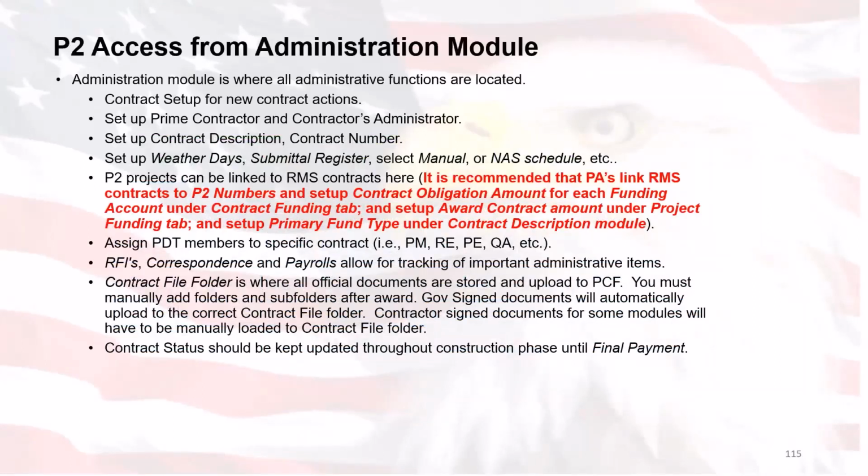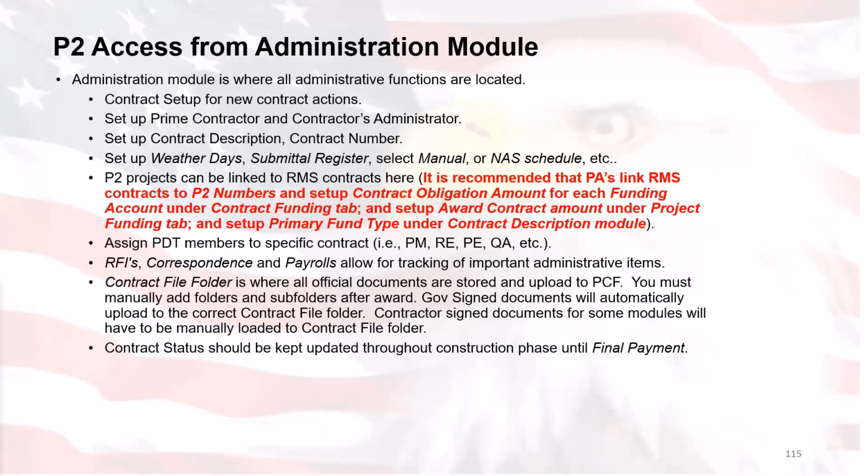The Administration module is where all administration functions are located. Contract setup, new contract actions, set up the prime contractor and contractor's administrator, set up the contract description, contract number, set up the weather days, submittal register, select manual or NAS schedule, etc. And then the P2 linkings can be done here as well. We'll go through P2 projects and linked projects to make sure that all of that data is indeed being tracked. It is recommended that the PAs, the project administrators, link RMS contracts to P2 numbers